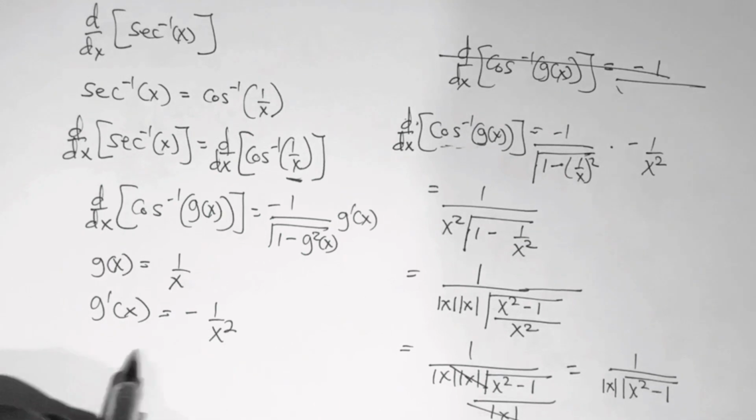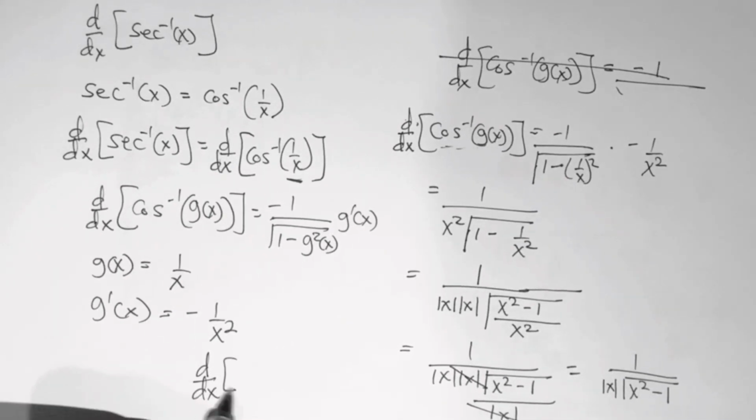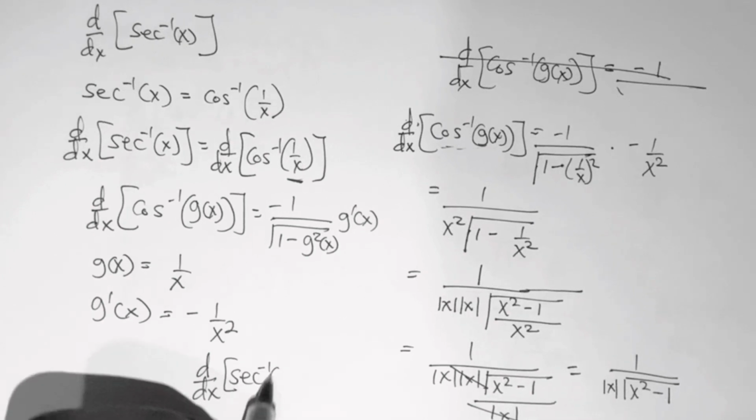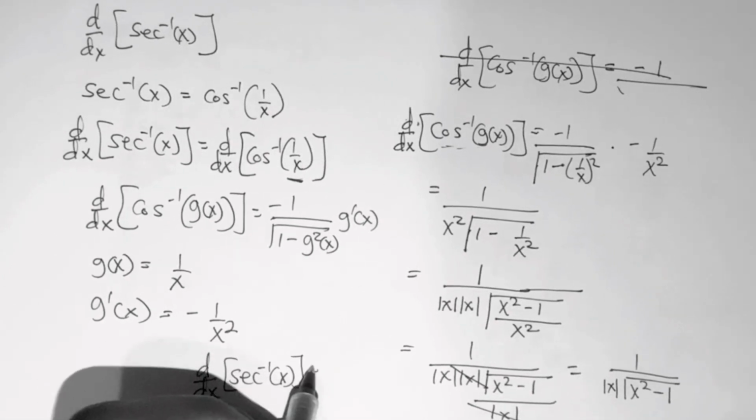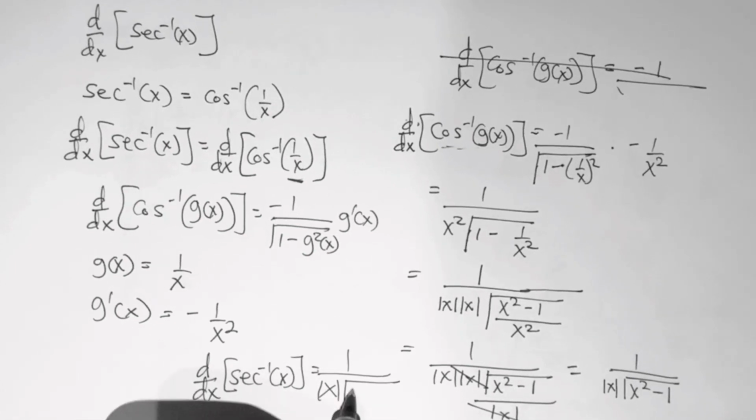And at the end of the day, let me write it here. d dx of sec inverse of x is equal to 1 divided by absolute value of x, square root of x squared minus 1. So how will we differentiate